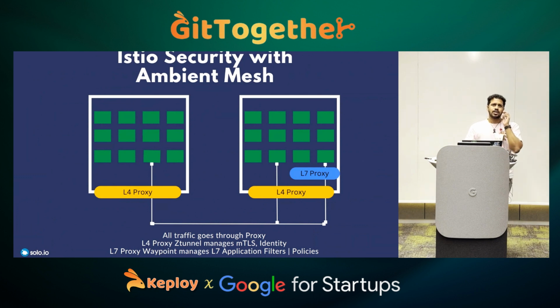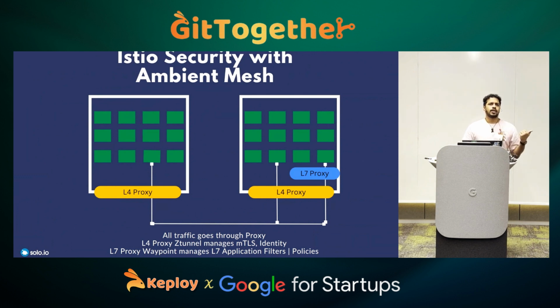So the way the ambient mesh works, right, is this. With the sidecar, it was just one sidecar, and it was one point of failure, right? But with ambient mesh, they split the L4 and the L7 capabilities. Your L4 proxy is like a TCP proxy. It does not do HTTP at all. Nothing related to the L7 layer is touched, and it is based on something called a zero trust tunnel